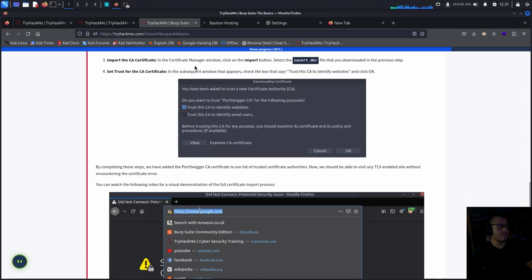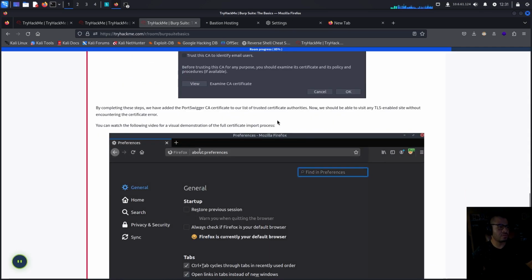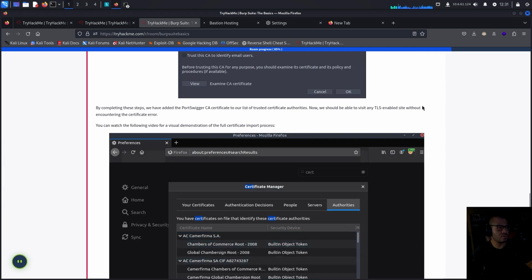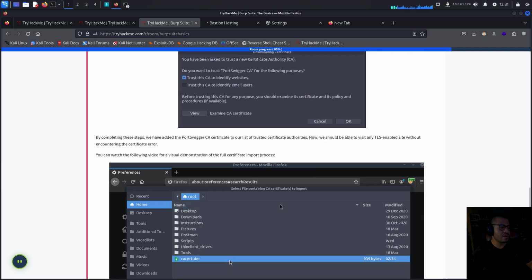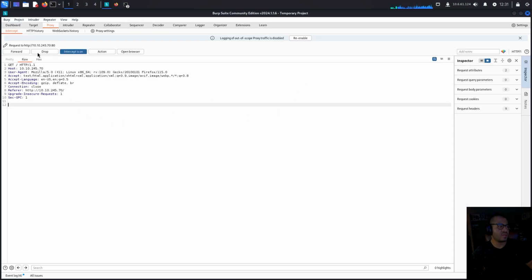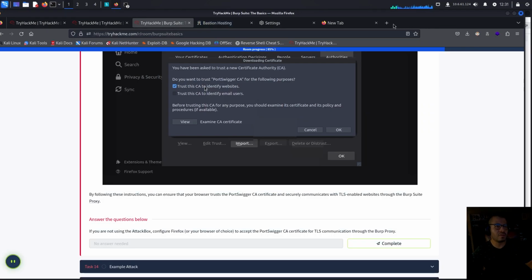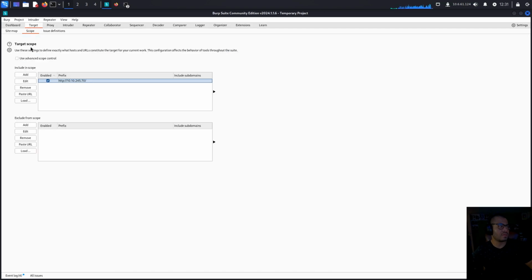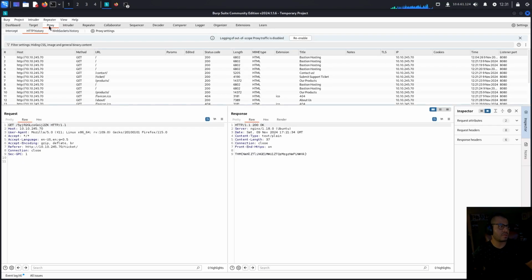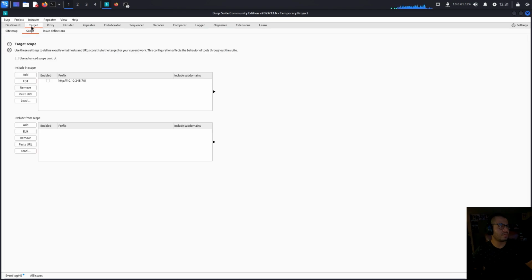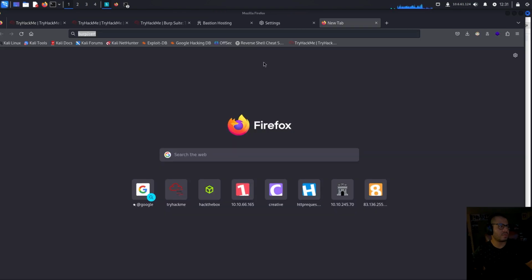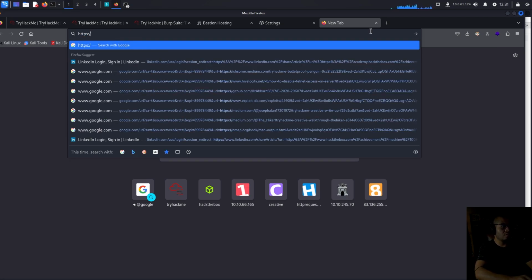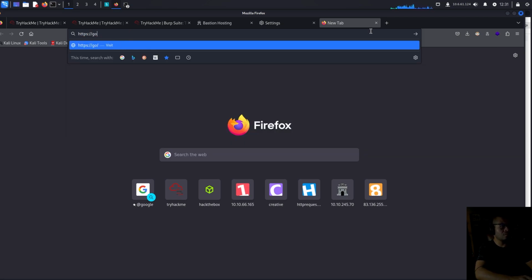The thing is, I think I already have that certificate. So let's just proceed. By completing this, we have added the Portswigger CA certificate to our list of trusted certificate authorities. Now we should be able to visit any TLS-enabled site without encountering a certificate error, right? So let's say I'm turning this off, and let's say I don't want to scope anything right now. Then if I go to Proxy, Target, intercept some, and then go to HTTPS google.com,